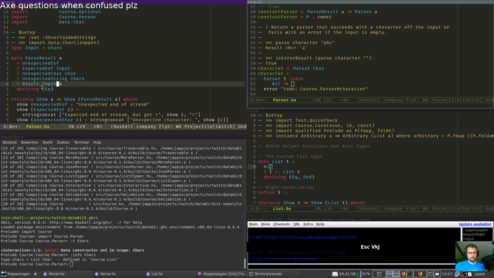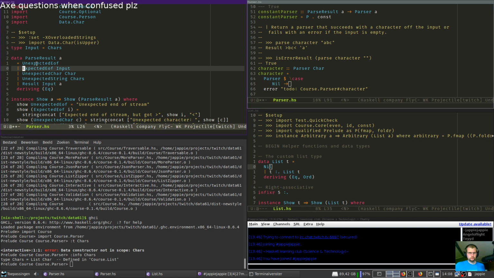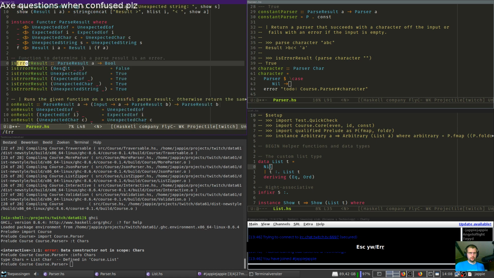This looks weird. That's from the formatting probably. Maybe we should have done that. Expected end of file input. Maybe it's this error. What errors do you have for me, man?